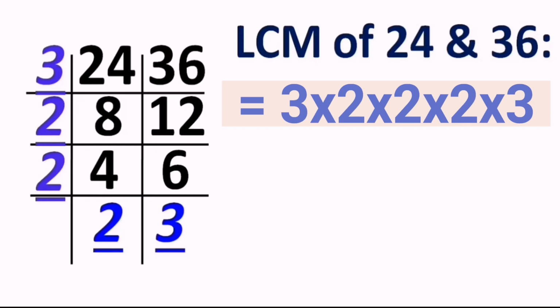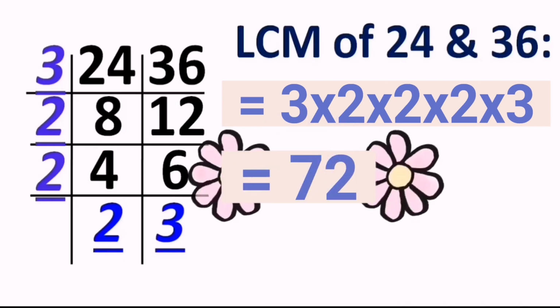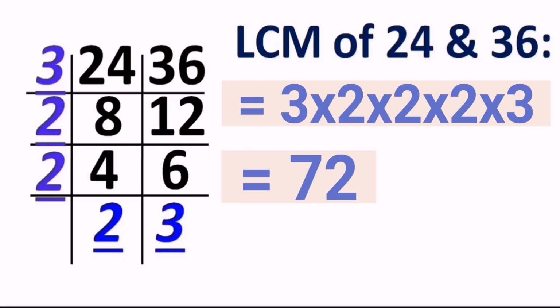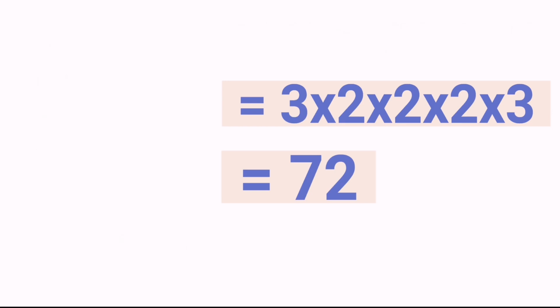Multiplication of all those numbers which are in the corner and at the bottom. Okay, so we have to take all those numbers, and that results in the answer. Okay, so we got the simple idea of what to do in the LCM, right? Let's try a few more sums also. Let's see whether you can do it or not.